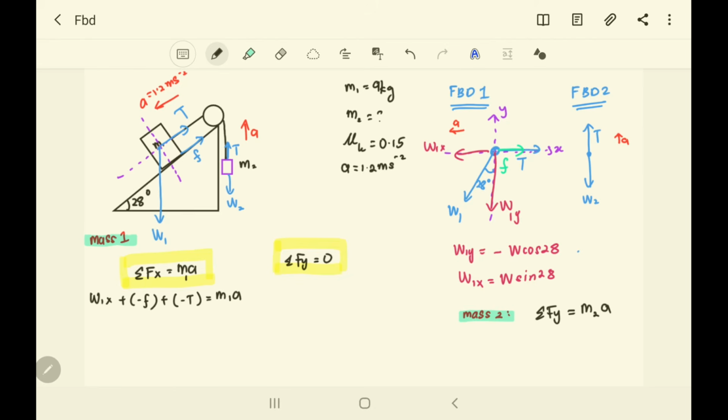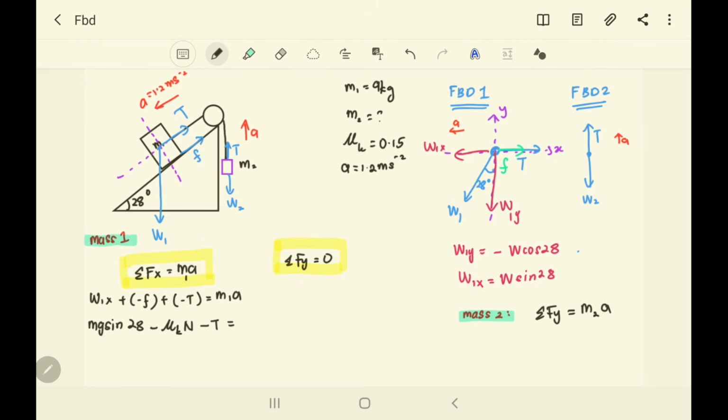W1x is W sin 28, so letak W is mg lah. So mg sin 28 minus the frictional force, mu k N, minus T is equal to